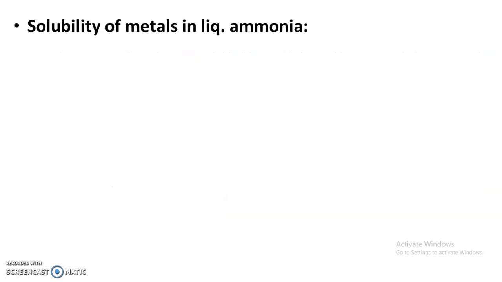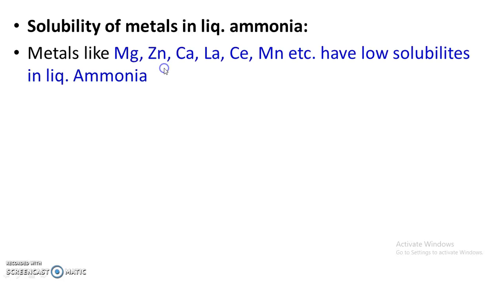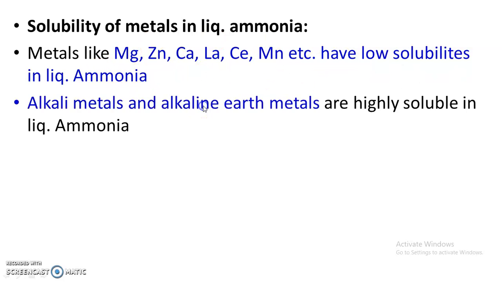So not only non-metals, organic compounds, and some salts are soluble in liquid ammonia, some metals are also soluble, and some metals are insoluble. Metals like magnesium, zinc, calcium, lanthanum, cerium, and manganese have low solubilities in liquid ammonia. These are not freely soluble, whereas it is well known that most of the alkali metals and alkaline earth metals